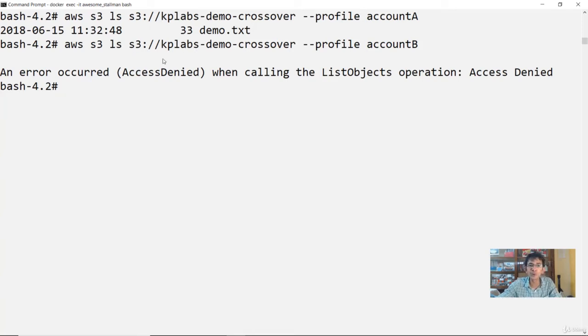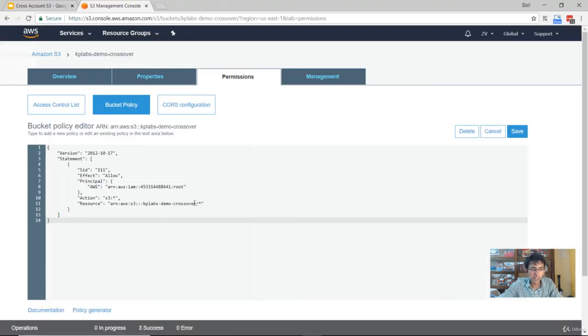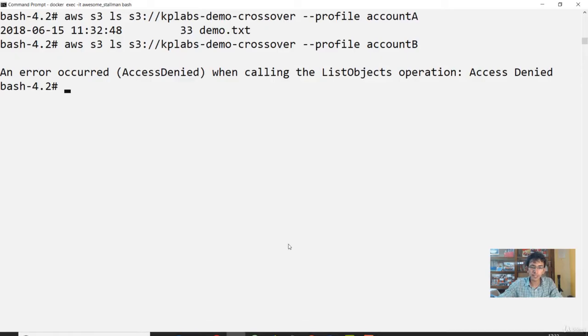there are a lot of people who lose their marks specifically for questions which pertain to the use case that we are discussing. Now the problem with this bucket policy, let me quickly open. The problem with this bucket policy is that we are actually giving access to the contents which are within the S3 bucket. So if I quickly show you,